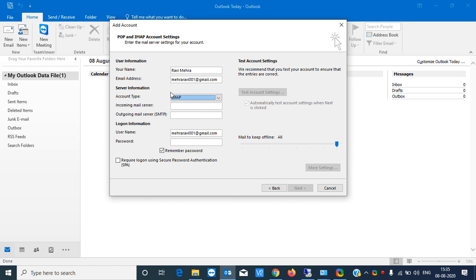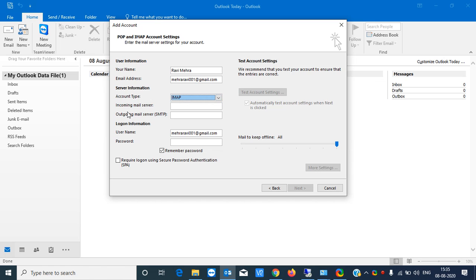So that is the difference. It basically gives you a copy. The main mail will not be deleted from the server through IMAP. That's why I'm choosing IMAP, because I want to keep my messages in my phone as well as in my Outlook, and I recommend you to do it with IMAP.